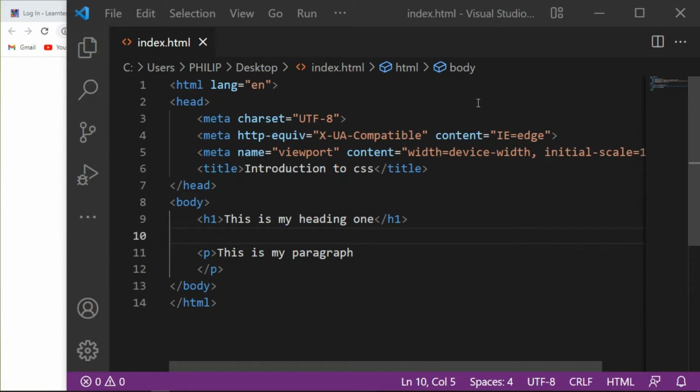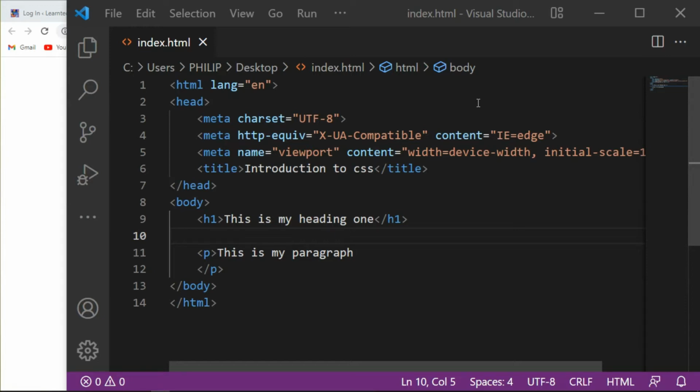CSS in this full course stands for Cascading Style Sheets. It is mostly used when you're creating your website or web pages. It's used for styling your web content, to make it look more beautiful and attractive, and also to make it responsive such that it will appear good in all